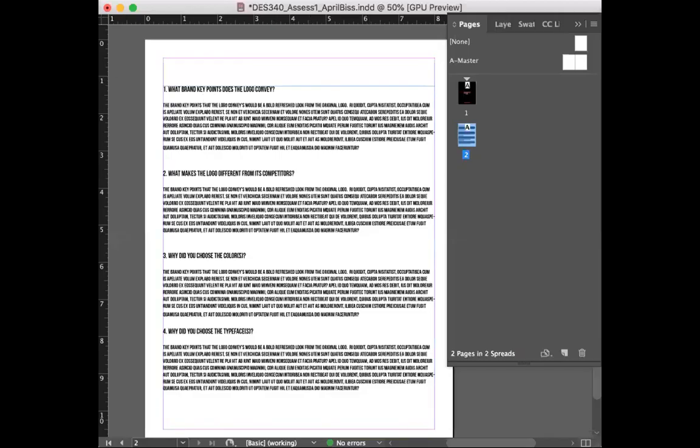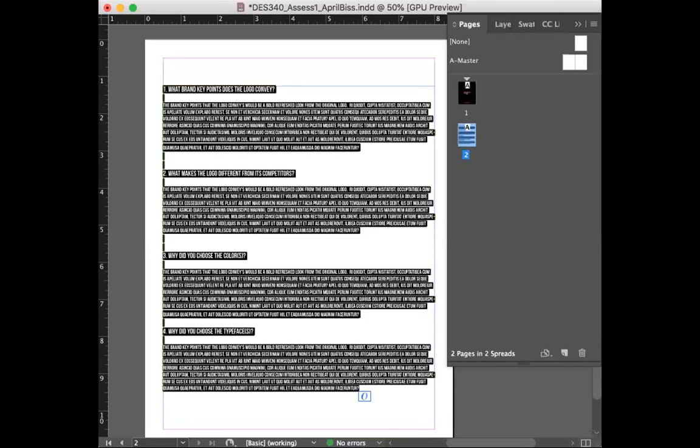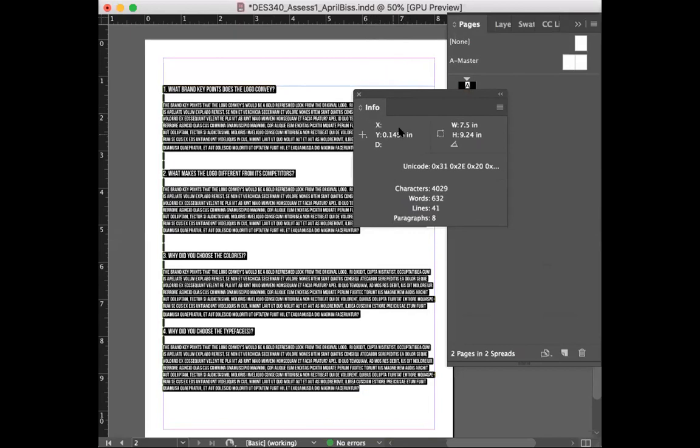I actually didn't know that, so that was good. Go up to Window, Info, and up in the upper right-hand corner see how it says words right here. I don't know if you guys can see that. In the info, there's characters, words, lines, and paragraphs. Characters are each letter count. Words, obviously, are each word count.